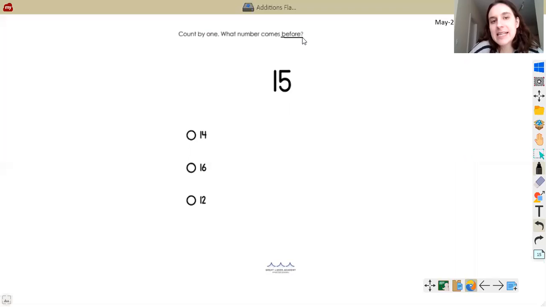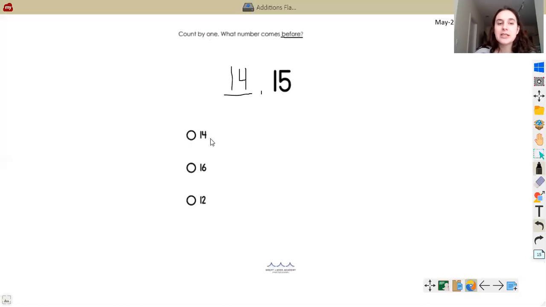Now our exit ticket is asking what number comes before. So now we are looking for the number that comes before 15. So it is 15 and 1 less, and that represents our number. I'm going to write a line here, and I'm going to put a comma. So if I'm counting by ones, it would go 10, 11, 12, 13, 14,